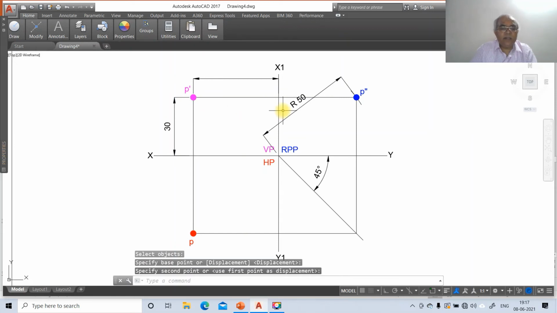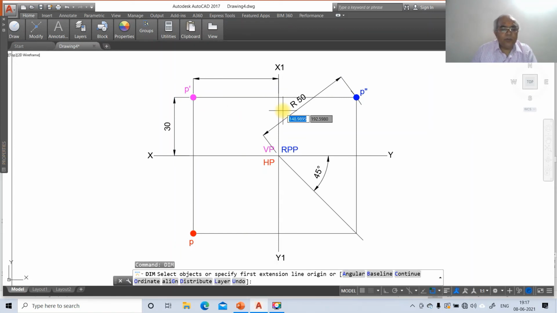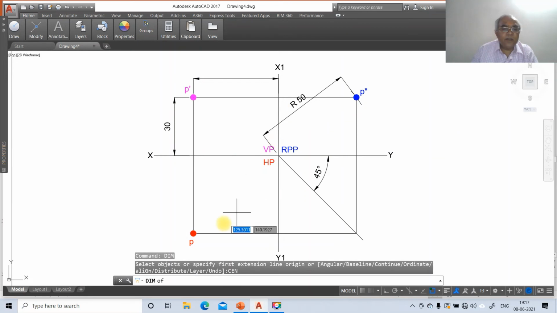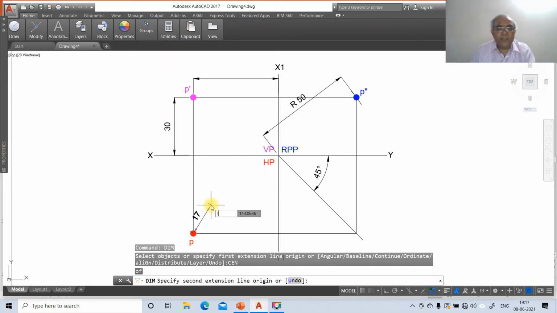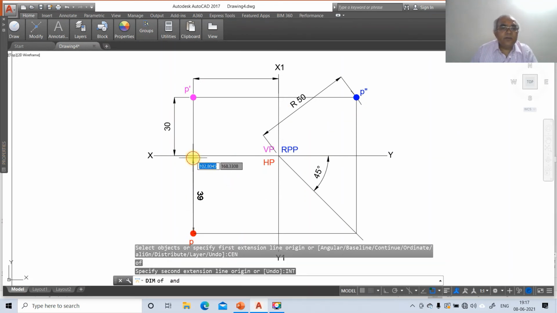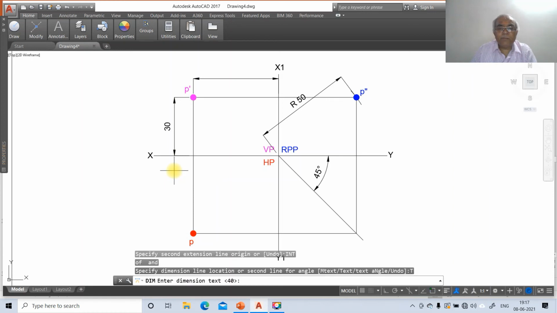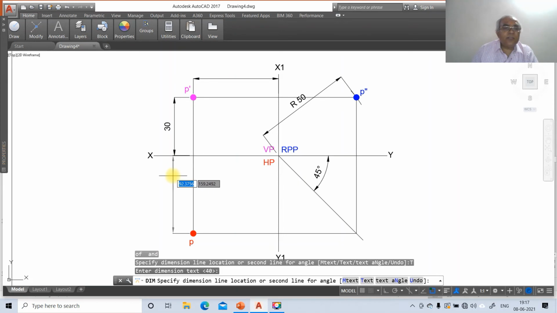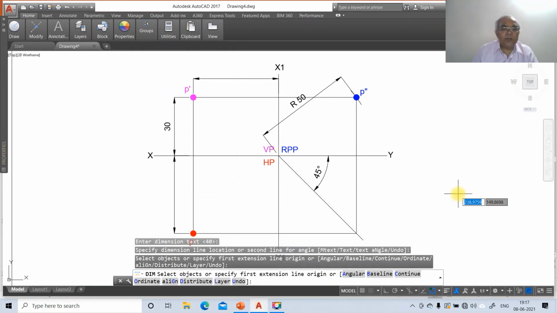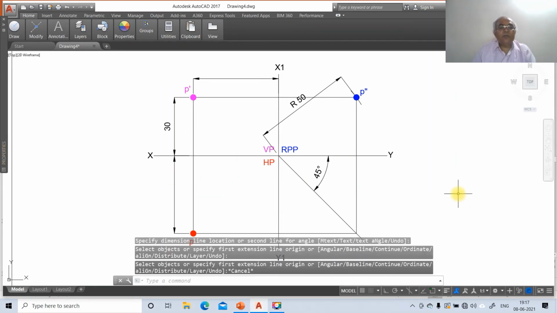Then again dim, then go to center of this, then intersection part of this. So here I want it as, so go to text, don't give the text and place it, enter. So we'll place it here. This text is 40.00, so you need not worry about it.